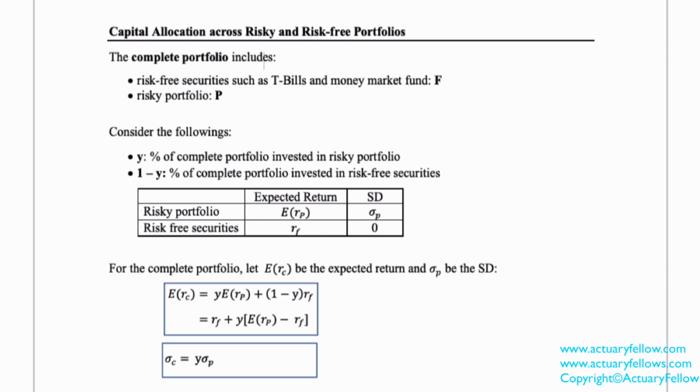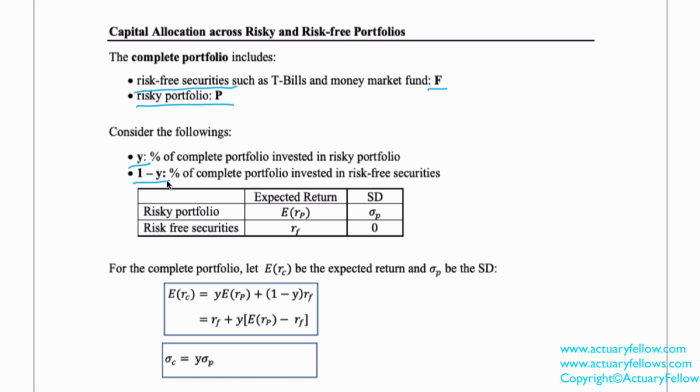To create a complete portfolio, we combine some ideal combination of risky portfolio with the risk-free asset. The complete portfolio includes risk-free securities, such as T-bills and money market fund denoted by F, and risky portfolio denoted by P. Let Y be the percentage of the total investment invested in the risky portfolio and 1 minus Y